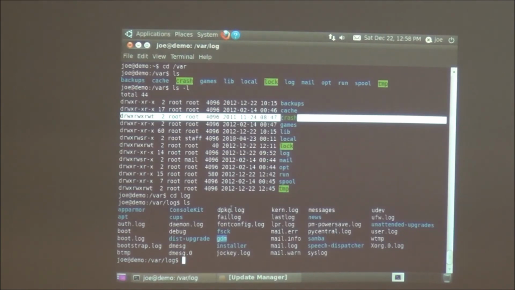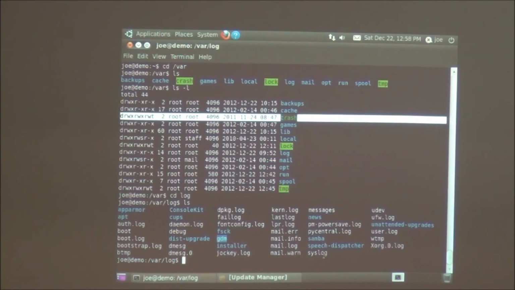So real quick on the var log directory, that's where you have most of your log files. Basically anything that has to do with the system and the kernel is going to be logged in here. There's a daemon called Syslog.